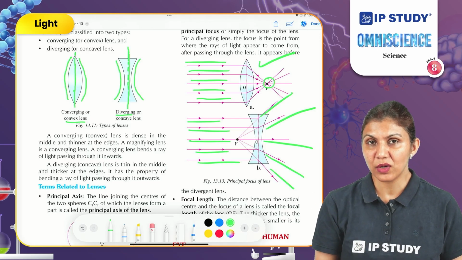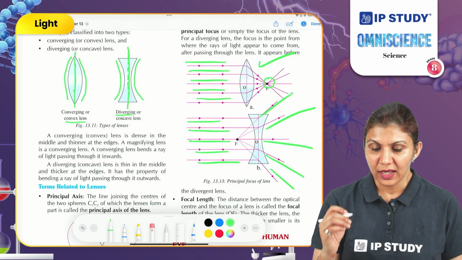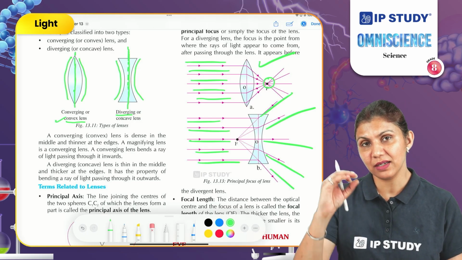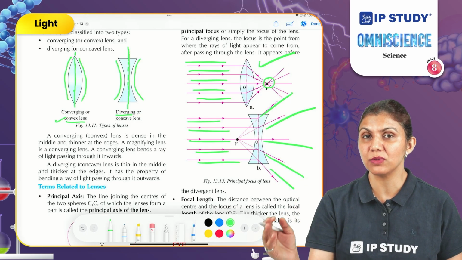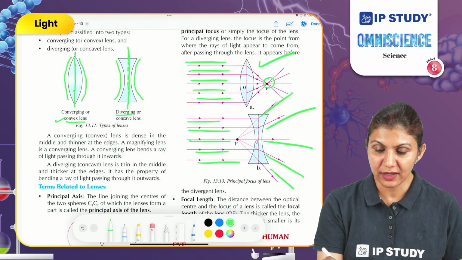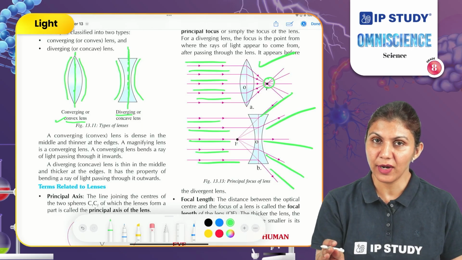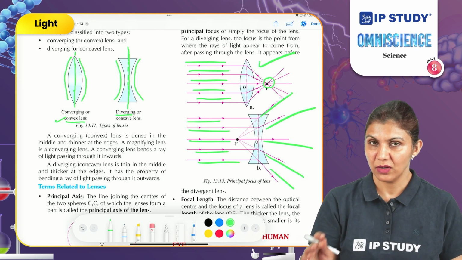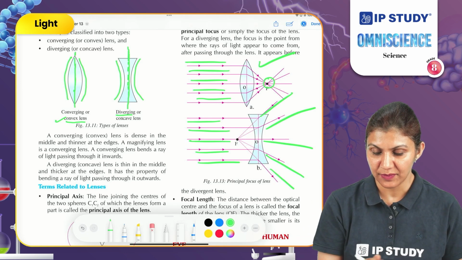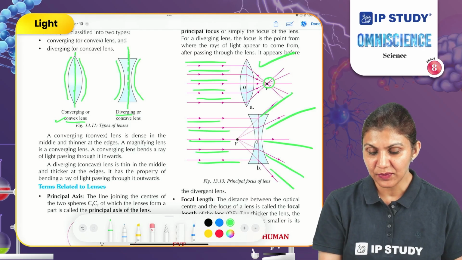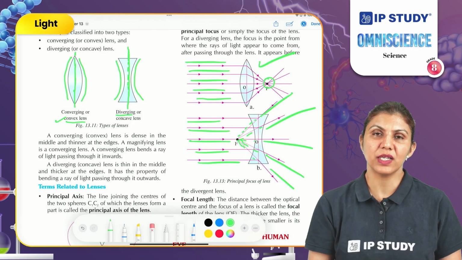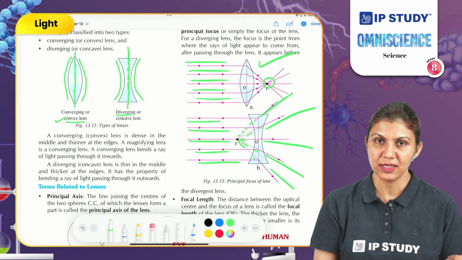Lenses have their focus, which is called the focal point. In the case of a convex lens, the light rays are focused after passing through the lens. And here we can say the focal point of the lens is found behind the lens. Which type of lens? Convex lens. But in the case of a concave lens, the light rays seem to meet before the lens. So we can say its focal point is before the lens.